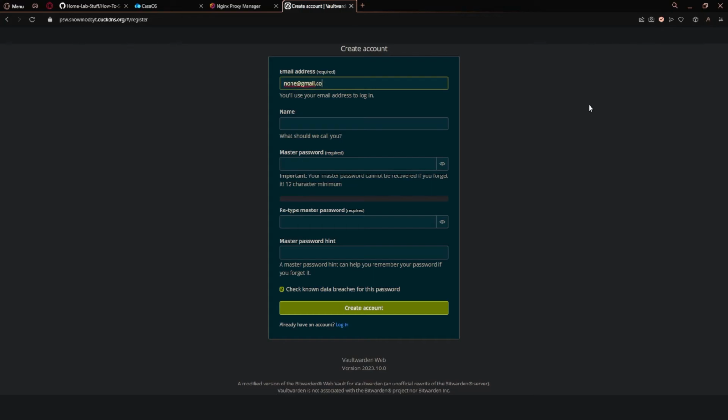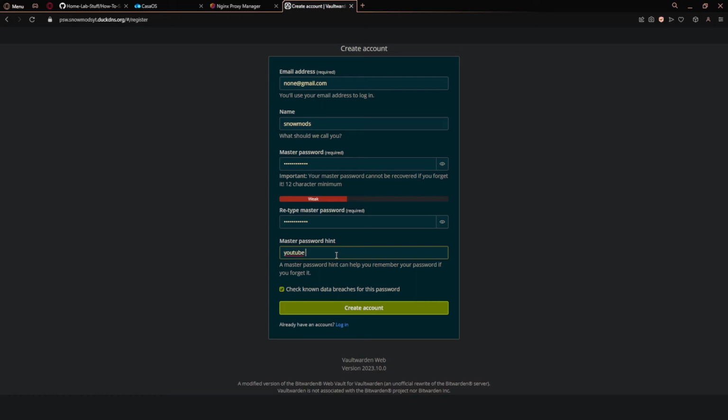Once again, I recommend you set this up at your actual email. We're going to create a username, which will be snowmods. We're going to set up a password, which I recommend you set up a strong password. I'm just setting up a very basic one. And then we're going to do hint, and I'm just going to do YouTube, which, let me just spell this